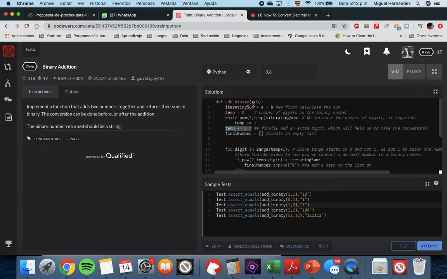So the first thing we're going to do is to take the two decimal numbers and add them together. So we have the result here. This variable that stores the result is called iterating sum, and we're going to convert this number into a